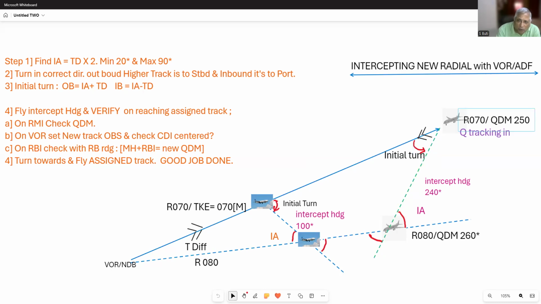So at the moment you're flying 250, in this case, intercept angle is 20 minus track difference of 10. This angle will be 10 degrees and this direction will be 240, and it will go and meet your new QDM of 260 at 20 degrees. So now once you reach here, your QDM becomes 260. Turn right by 20 degrees and report to ATC established on inbound radial 080,